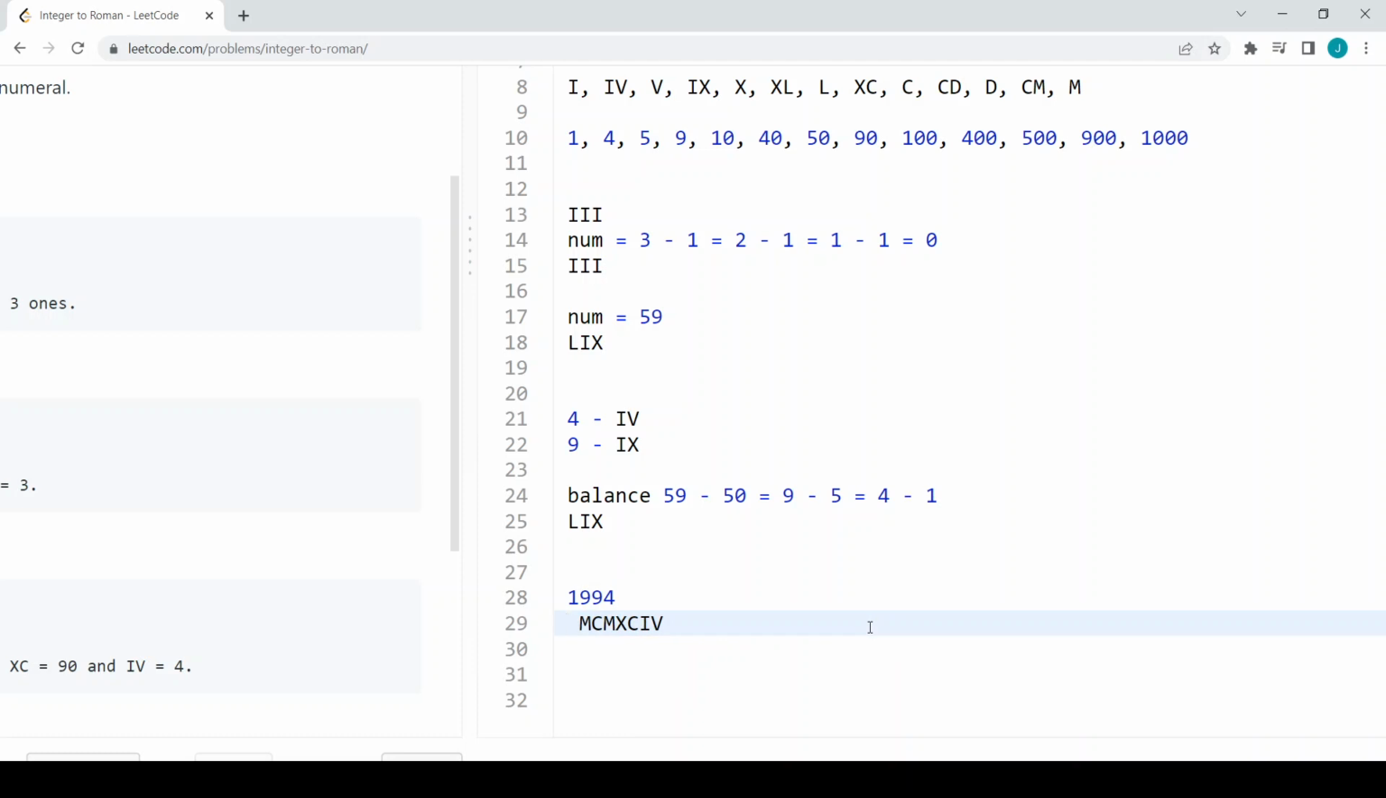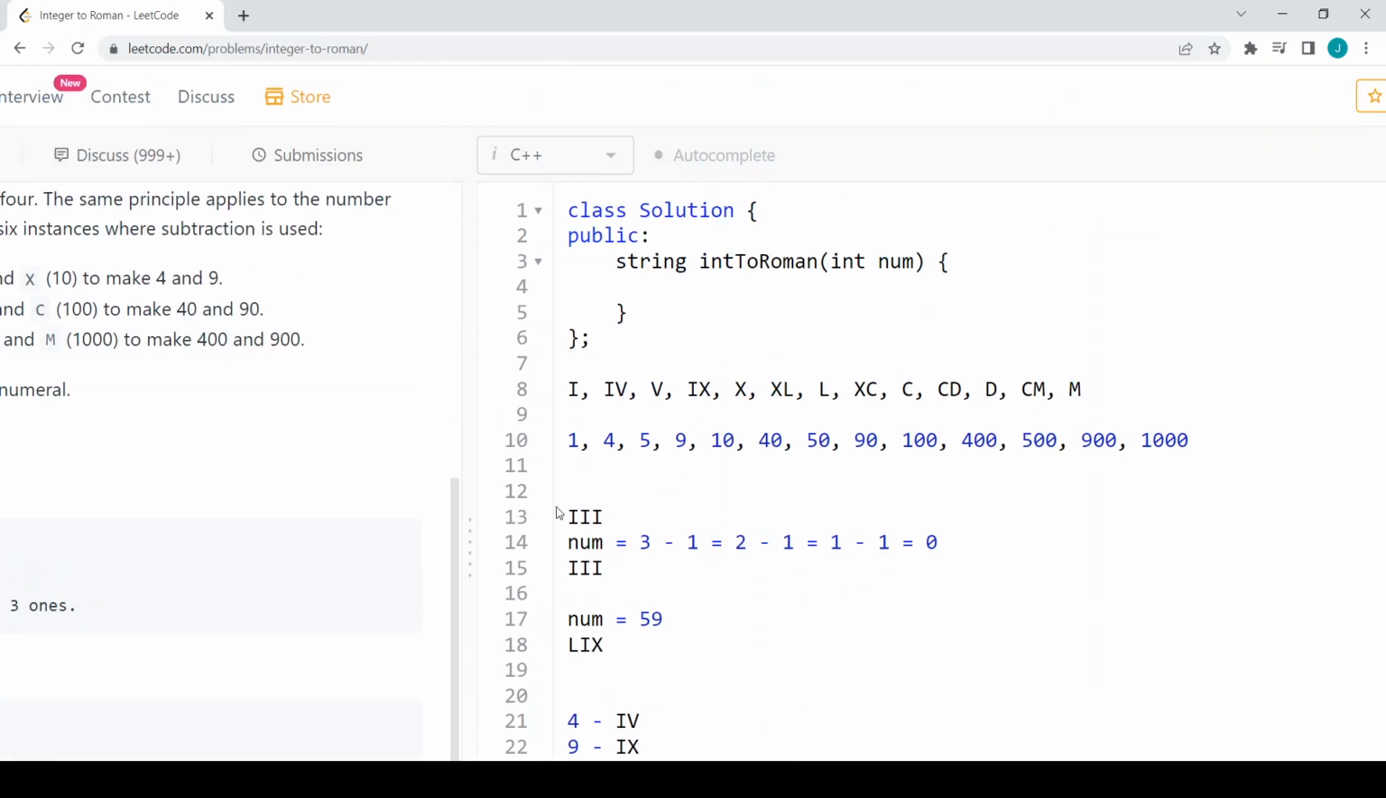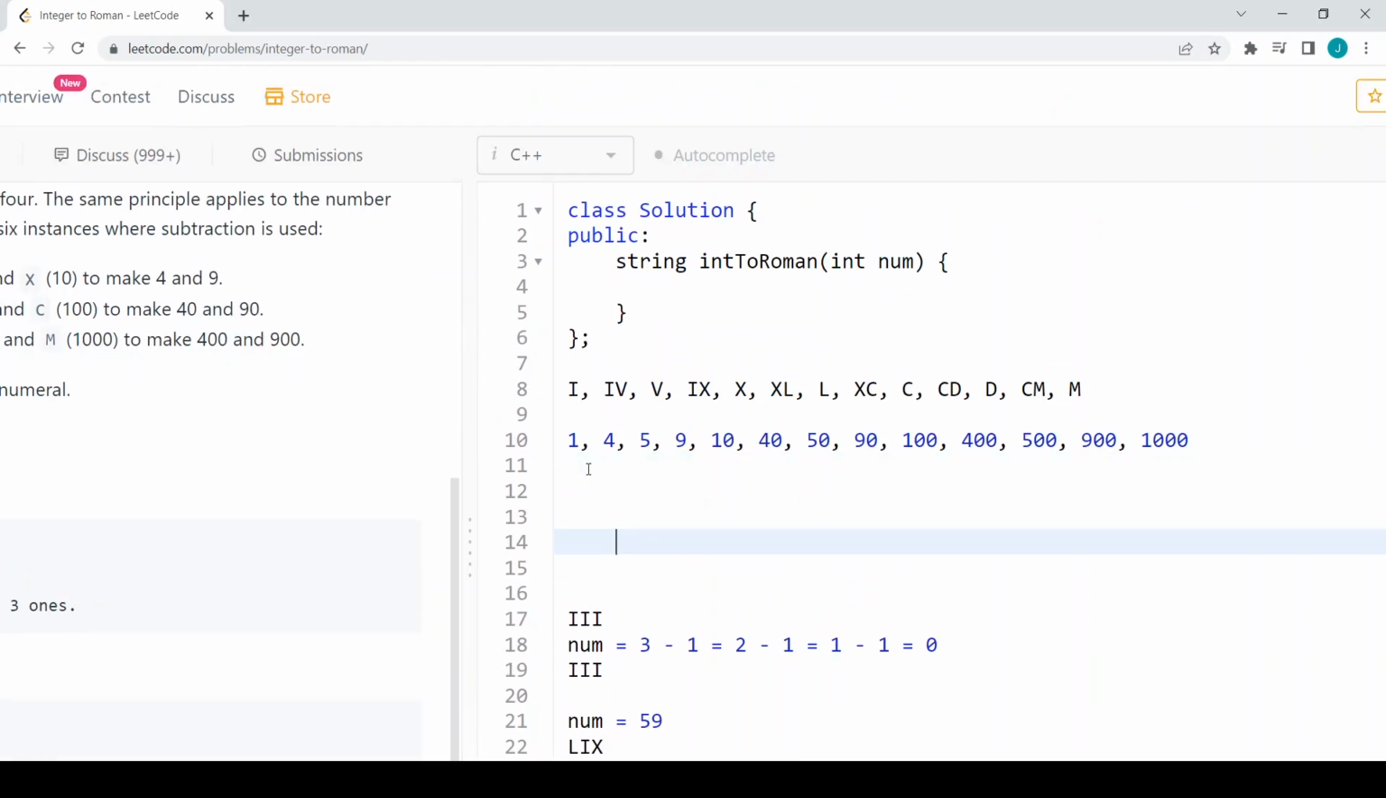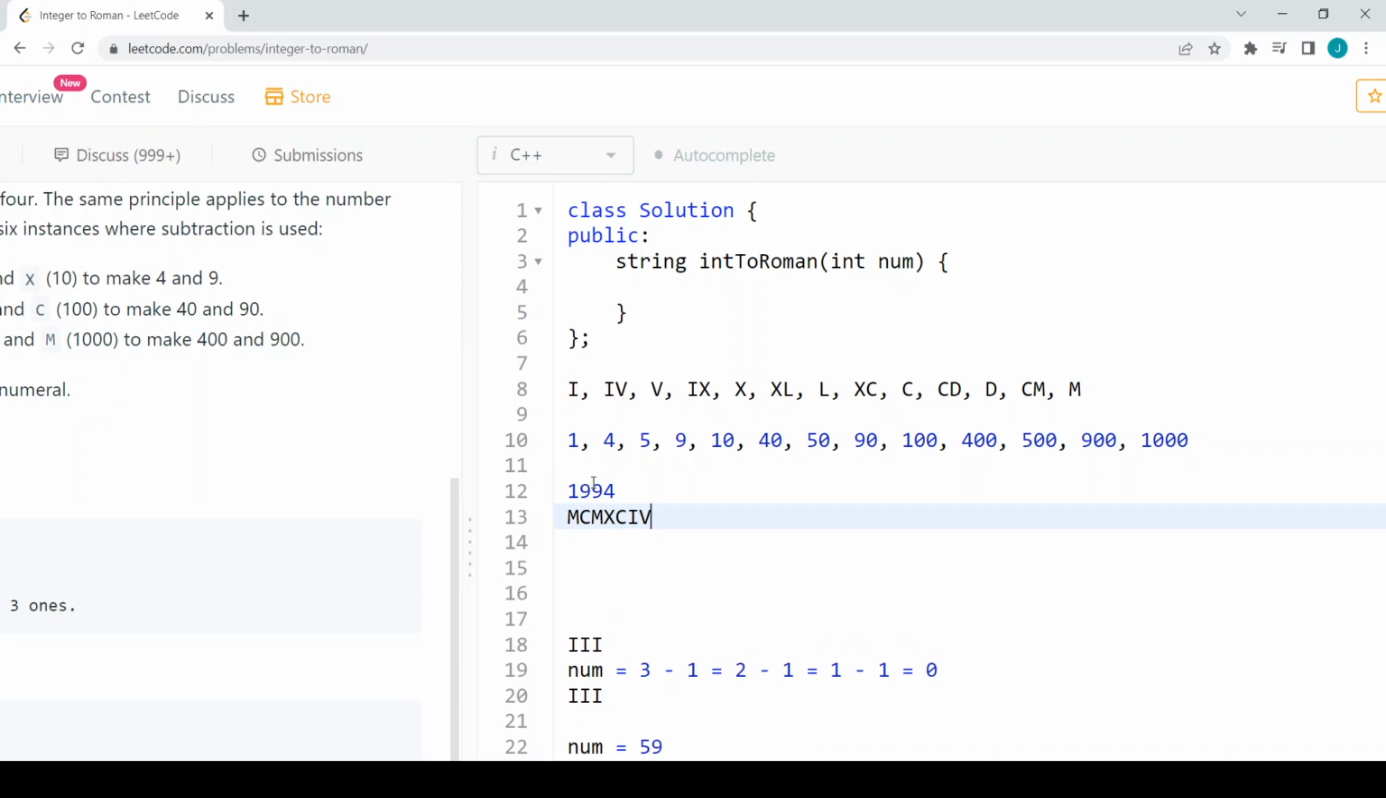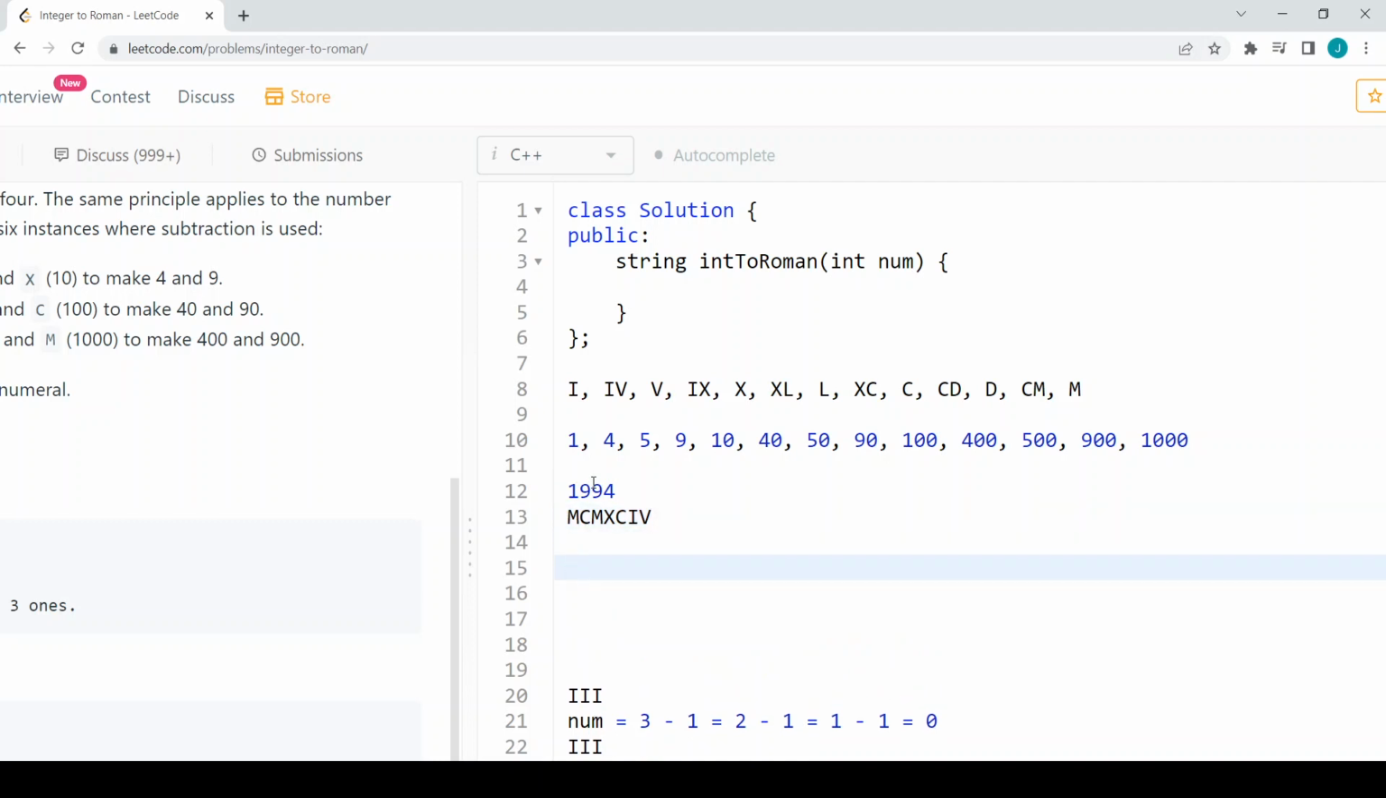Let us try to do it with the same approach we have done before. I think I'm taking more time to explain this, but it will be worth watching. Now we have 1994. What is the greatest value that is smaller than 1994? That is obviously 1000. So we can put the Roman value for that integer 1000, which is